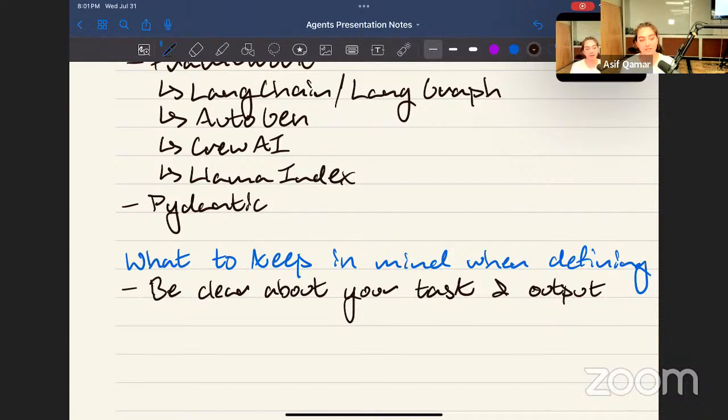That has to do a lot with what you want the task to be, which again is one of the complexities behind what we were talking about earlier, how is this actually acting in the environment? It very much depends on the task that you want it to execute. But I would say in this case, the environment is actually what are the inputs that you're giving it, and then what are the outputs that it's getting? Yeah, so being clear about the tasks and outputs. I would also say be clear about,